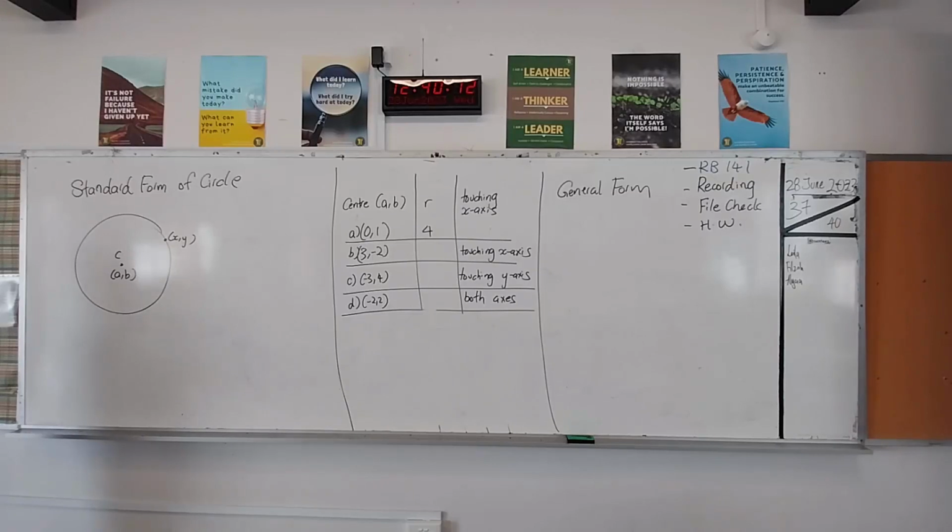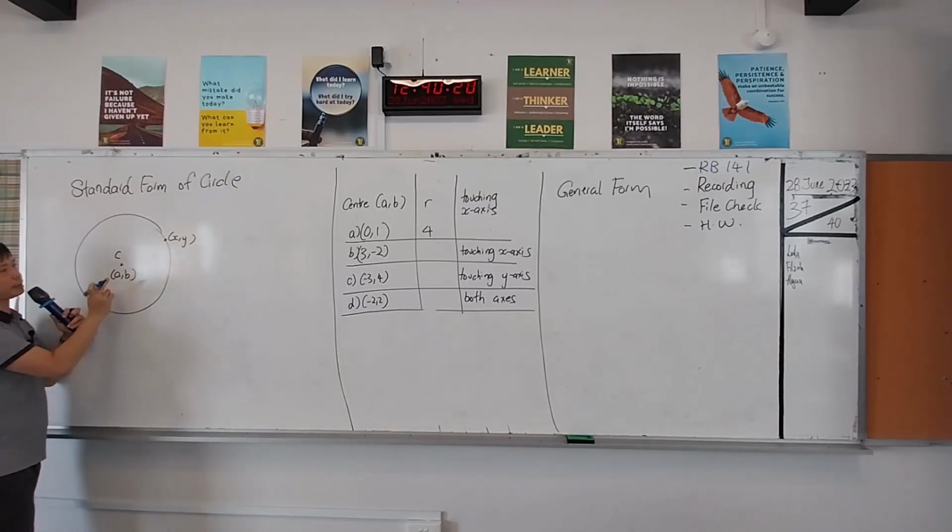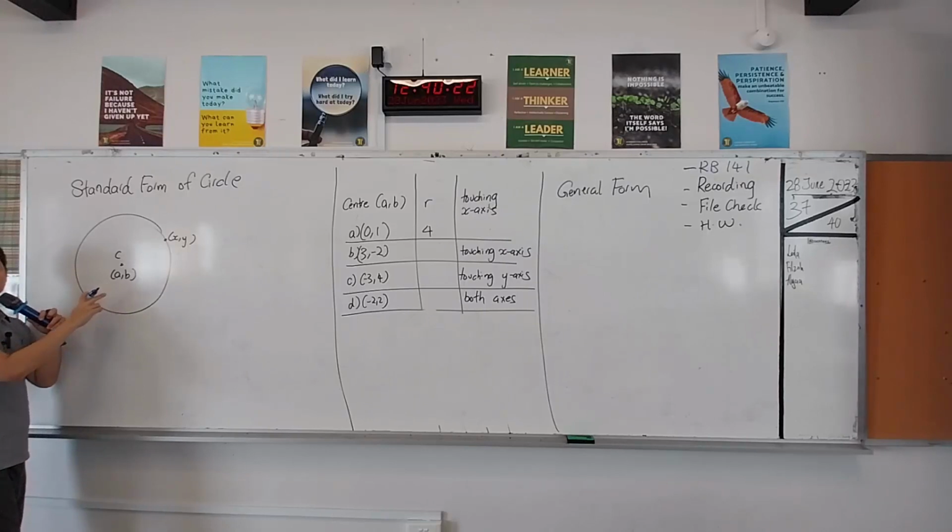What's the equation of a circle? So okay, you all remember. So now the thing is, how do we derive it? It's very simple. Basically, C is the center. In the past, we called it O, right? In this case, most of the time we use C for the center of the circle,